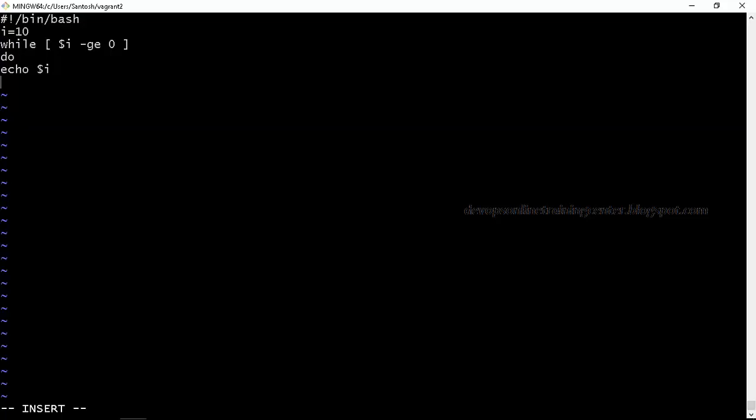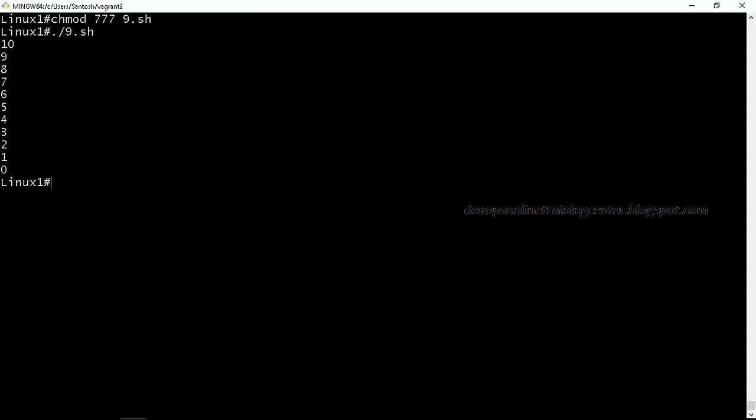For the first time we initialize the value of i equal to 10. 10 is greater than 0 is true. So it will print 10. Then we need to decrement the value. i is equal to expr $i minus 1. Then done. Let us try this. So this will print from 10 to 0.